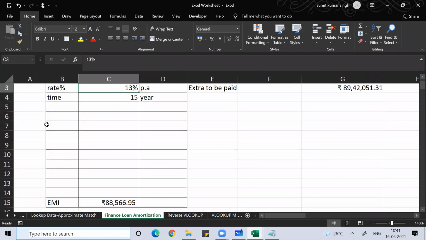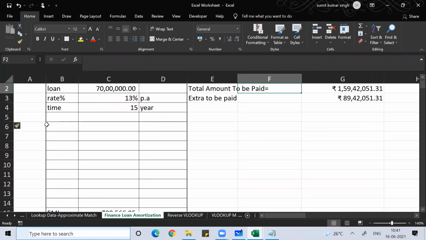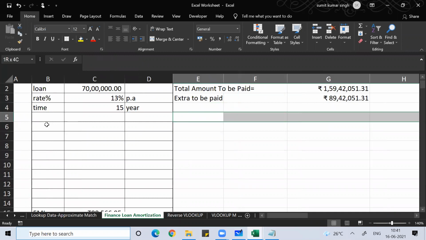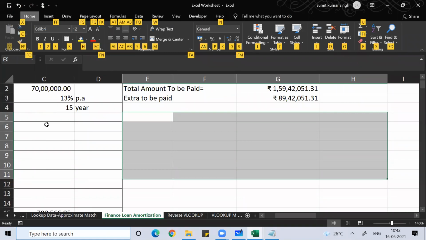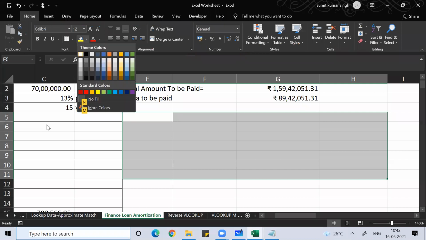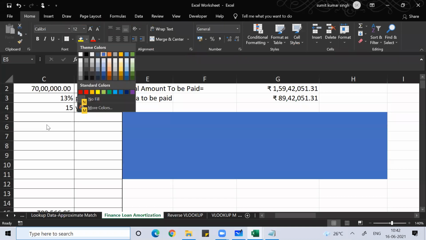Whenever you consult any bank or financial institution for any kind of loan, guys, press Alt H, then Alt H H, suppose I want to put color.